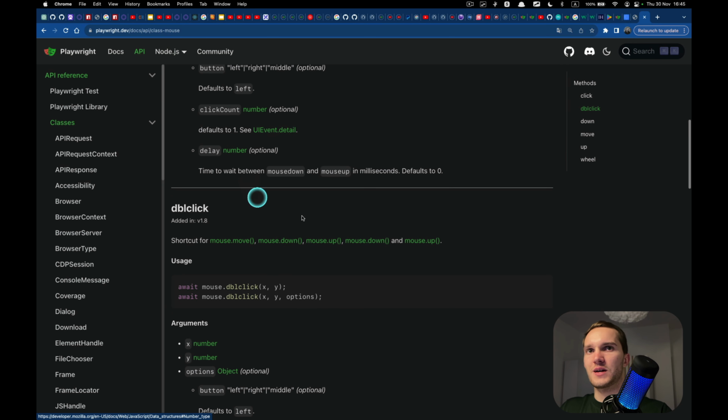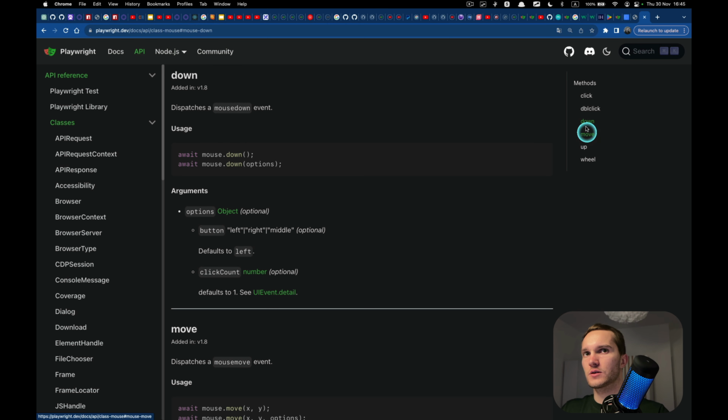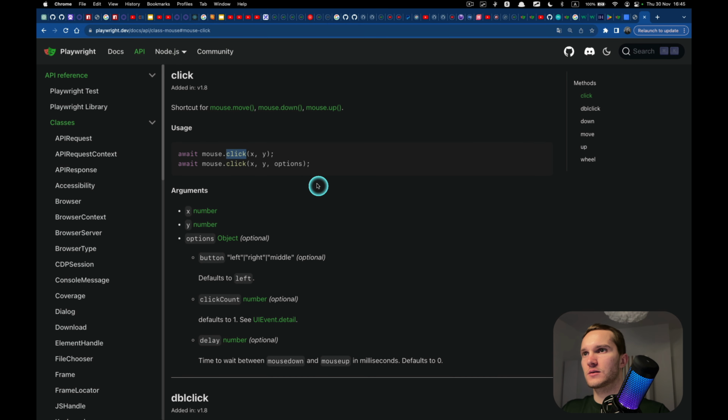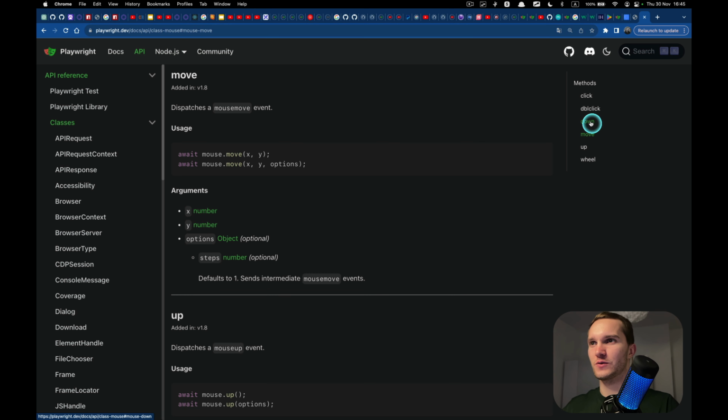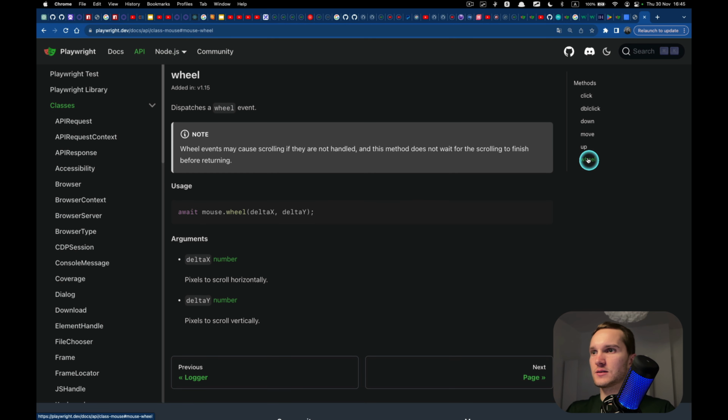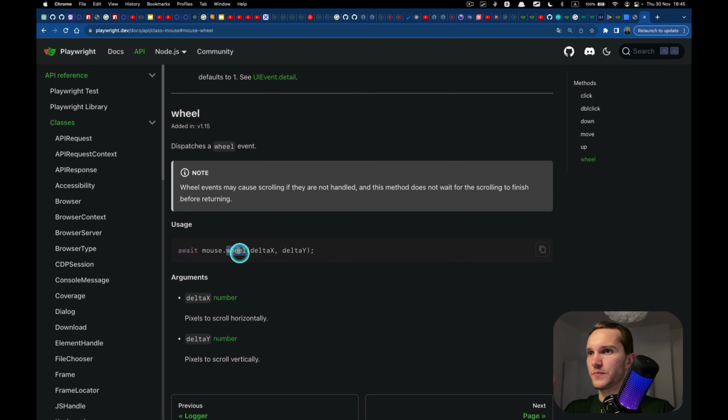Okay, and methods that we have are click, double click, down. So this click thing, it does mouse. Let's see what it does. Well, let's first review the methods we have. So down, then move is just moving the mouse somewhere, then up, releasing, and wheel is just scrolling the wheel, doing the scroll.